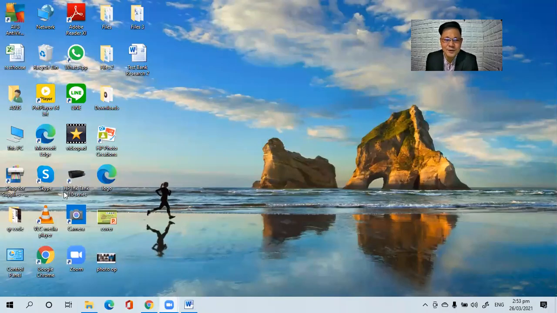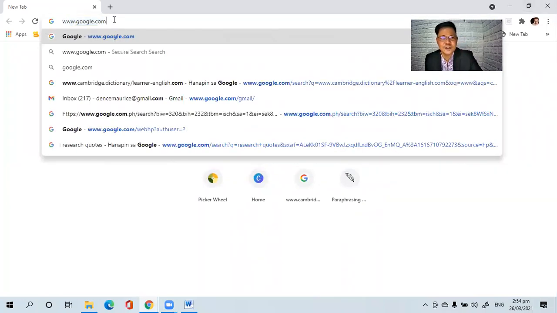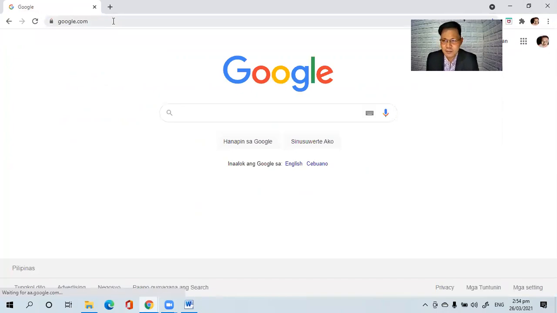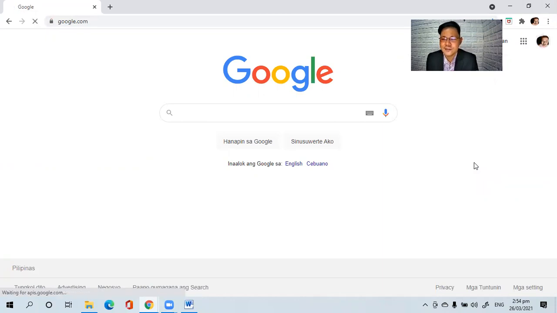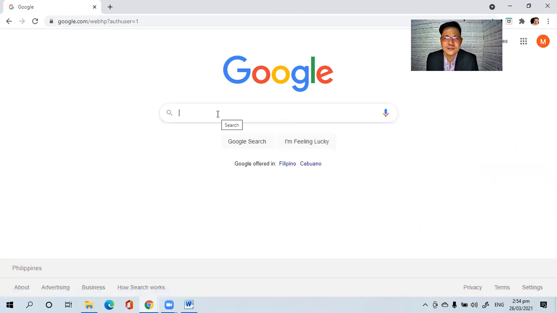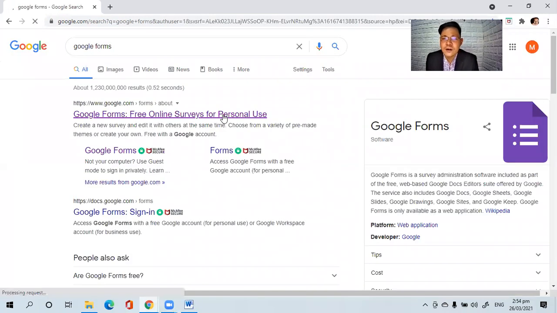The first thing that you have to do is to go to Google Chrome or your browser and then key in google.com.ph. Make sure that you enter your Google account. Okay, once you enter your Google account, you can type Google Forms and then go to Google Forms or select Google Forms, free online surveys for personal use. Or you can